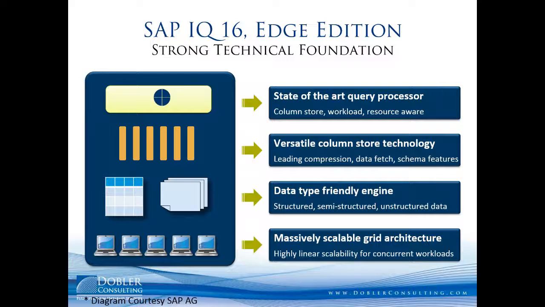Different types of data structures that we can have: structured, which is the traditional table type structure; semi-structured, which is some textual type information; or even fully unstructured type data types within the engine. On a scalability front, as you increase your workloads and increase the number of users and the amount of data in the system, there are various ways to scale up and scale out the system very efficiently without impacting the system,